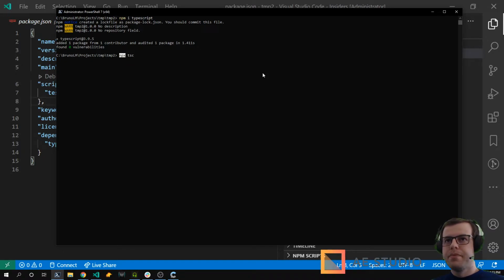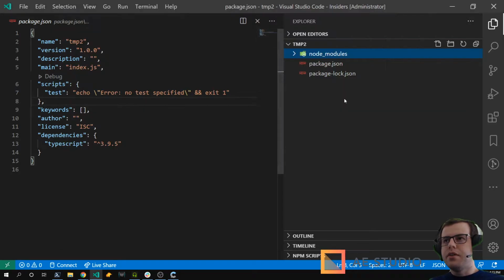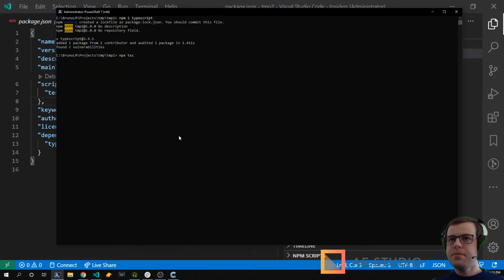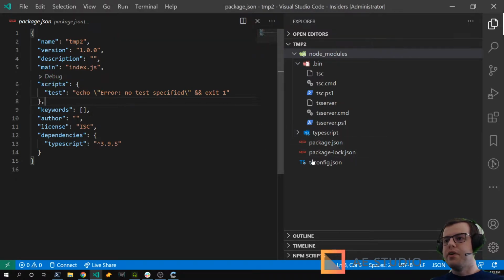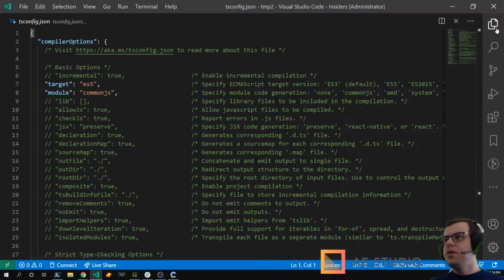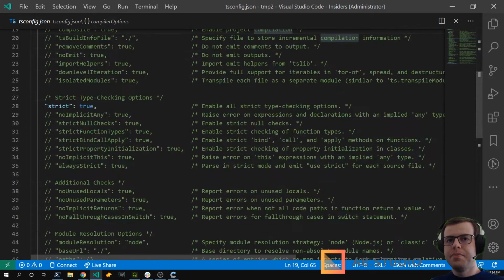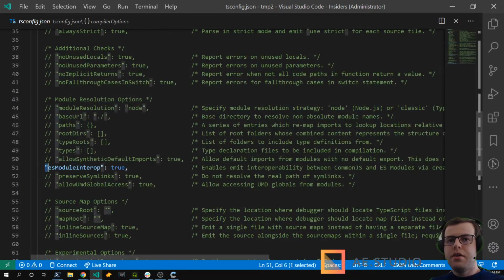npx is basically something from npm that allows you to execute things in bin or even remotely. In this case, it's going to be executing this file over here. So if I call the compiler passing the option init, it's going to create the configuration file for me. So here I have the configuration file, and it has a lot of comments, so if you're new, you can understand what things do. By default, it starts being strict and has some options here.